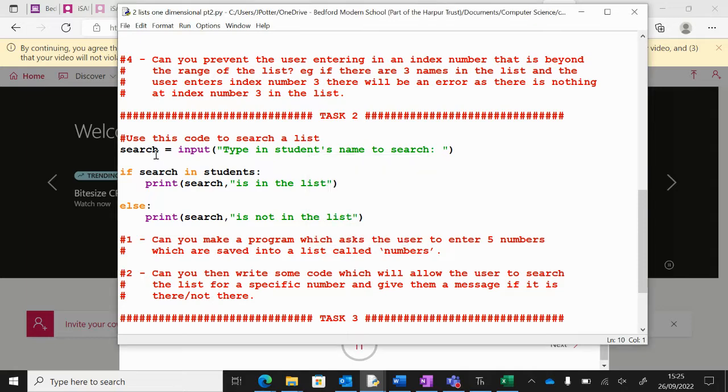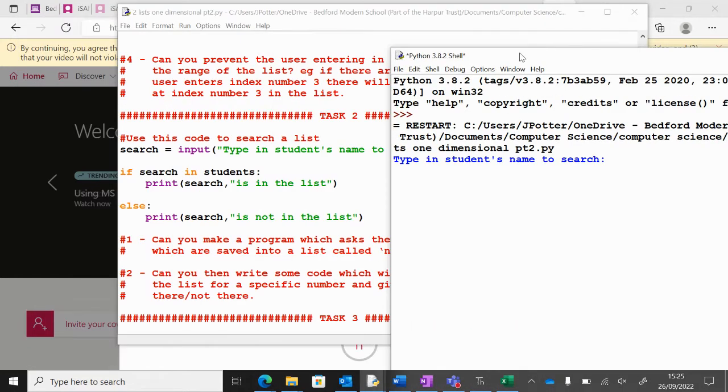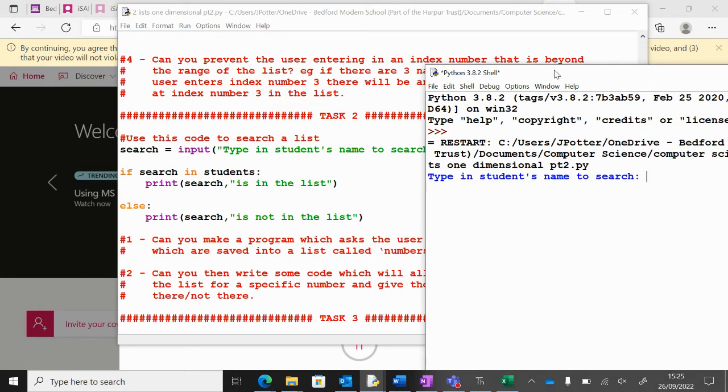If I run this and type in a name, Kate, so if search, which is our input statement here, is in students, which is the name of our list, then it will say that. If it's not, it will say that. So Kate is in the list.